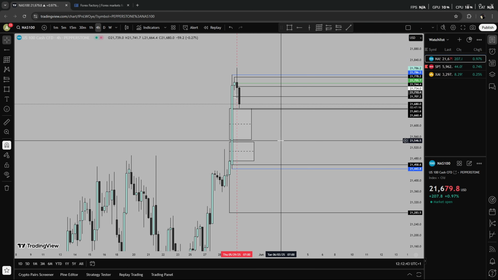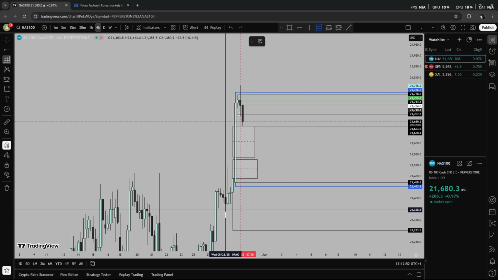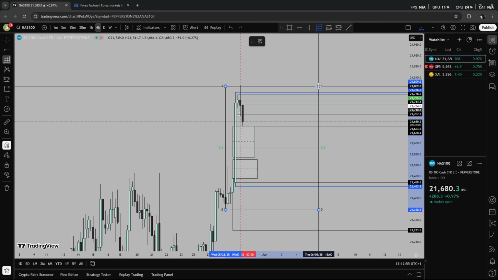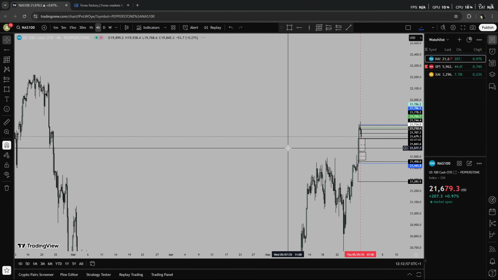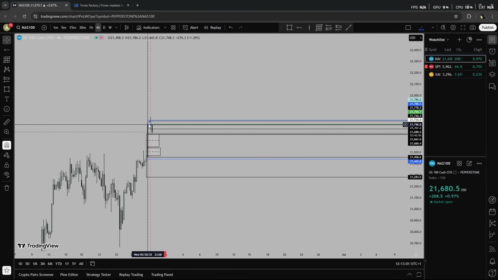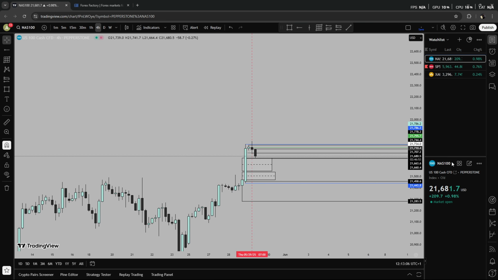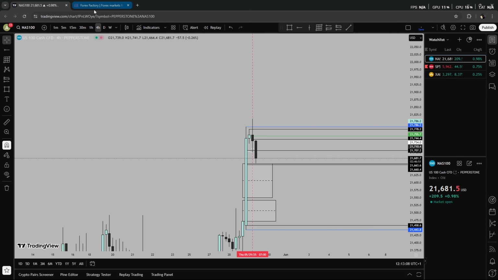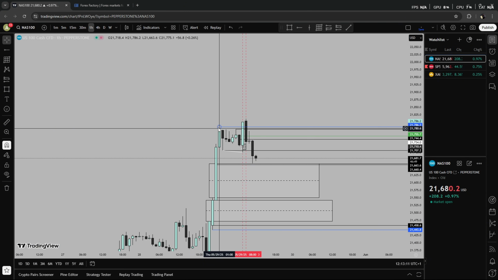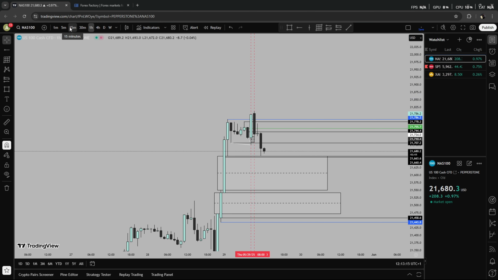Normally when moves like this happen, I always expect my bias to be bearish because I want price to come down and fill in equilibrium, and also that massive 4-hour fair value gap. We actually did sweep out some highs over here as well, fill in a bearish fair value gap. So when we get a big move up, I always want price to come down and hit equilibrium. But we had session highs and low resistance liquidity up there.